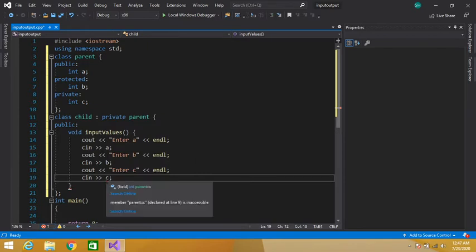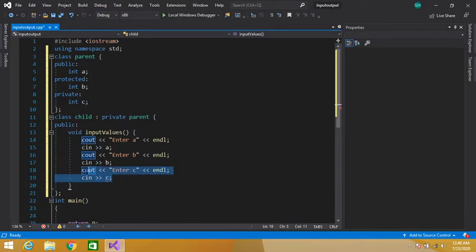Why? Because the member is inaccessible. It is a private data member, and you can only access it in the same class in which it is declared. That is why the compiler is showing an error here.